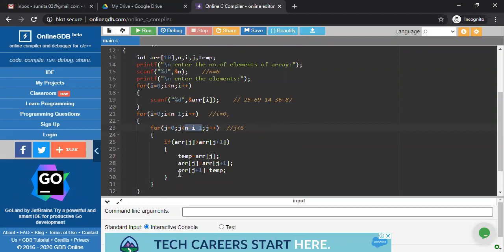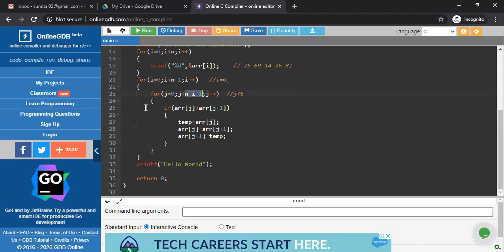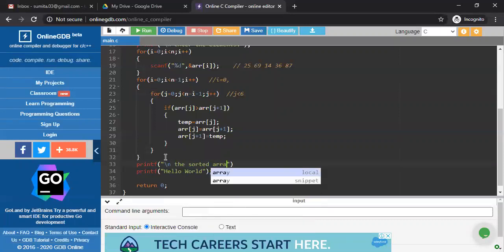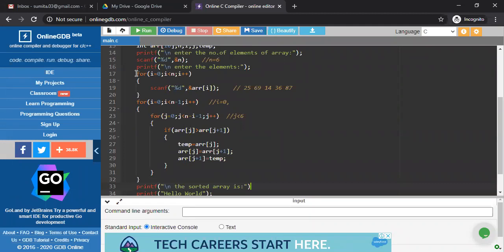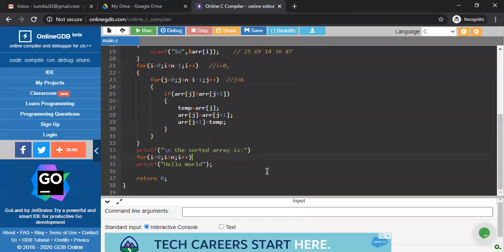So after that, this for loop is this. After that, you again print your elements, which is the sorted array, and again you have to execute a for loop and just print the elements, nothing else.